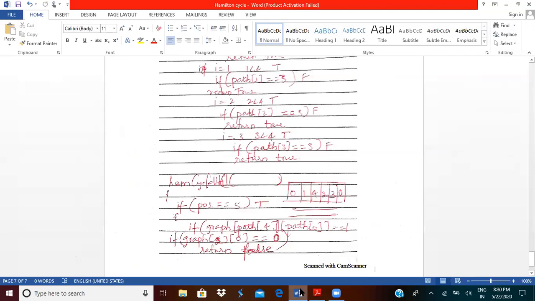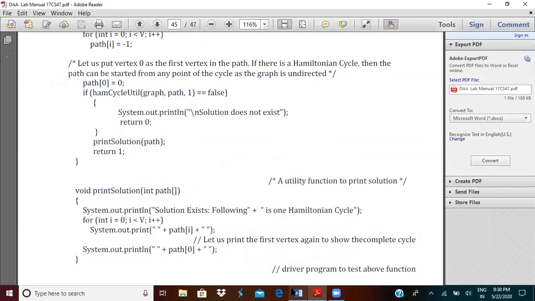Remember, I had told you at the beginning of the explanation, the path array would contain the Hamiltonian cycle for the given graph. That means it is going to output 0, 1, 4, 2, 3. And the question arises, since it has printed from 0 to 3, it should also print the initial vertex once again, as it has to form a cycle. So for that purpose, we are going to call printSolution. System.out.println, so this statement would print from i is equal to 0 to v, path of i, all elements till the 4th position.